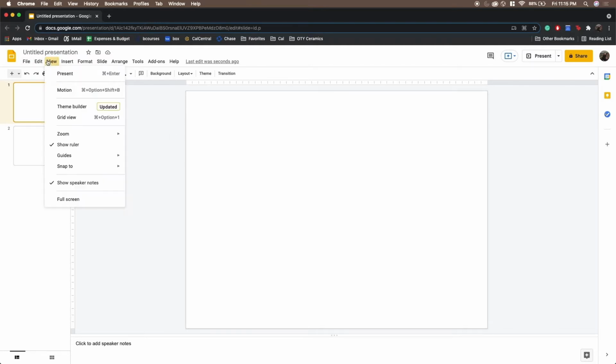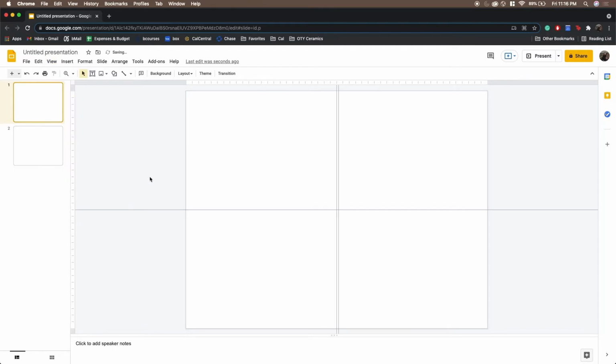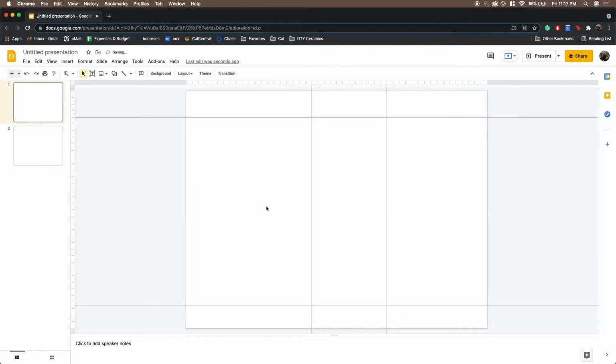So we'll select View and Guides, and we'll be able to add both horizontal and vertical guides. To achieve our initial document that we showed in the introduction, we'll be adding 2 vertical lines and 2 horizontal lines. Great, so now that we have an idea of where we'd like to place our images and text,